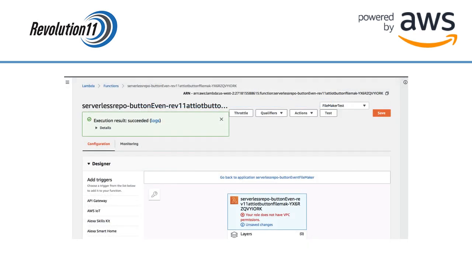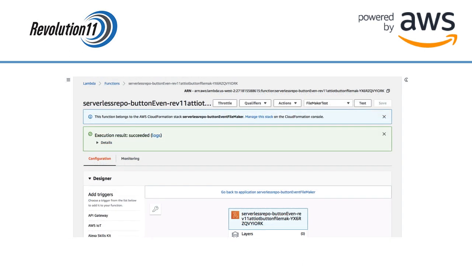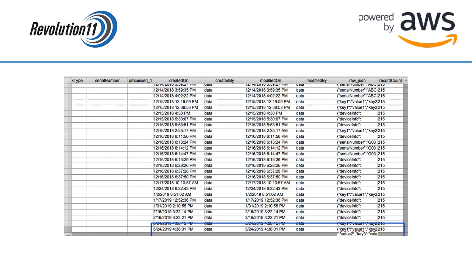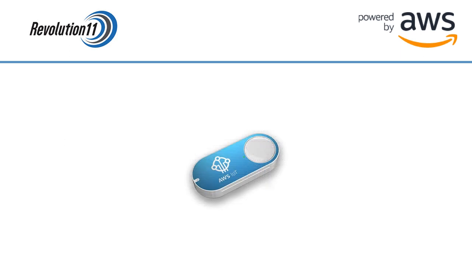You will now see the name of the test you created in the dropdown. Press the Test button next to the dropdown to run the test. If all goes well, you should get a success message that looks something like this. Of course, we'll want to confirm that the data actually made it into our database. To use this button,